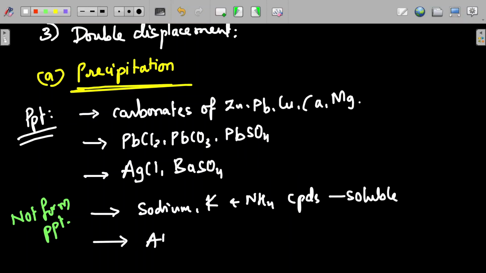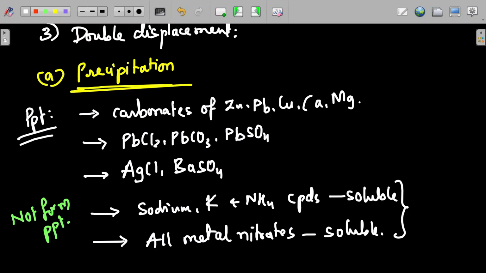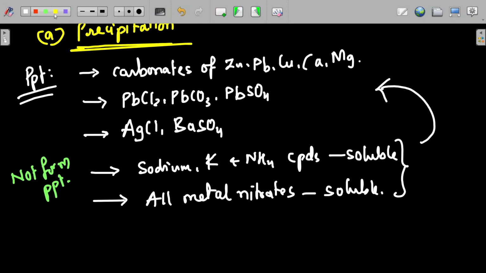Second one, all metal nitrates are soluble. Lead nitrate, if they ask you, it is a soluble salt. Don't write the precipitation for that. Any metal nitrate, silver nitrate, sodium, potassium, calcium, zinc, they will never form any precipitate. They are always soluble in water. But these two things, if you know this, you can use it to write the reaction for this. How? One simple example I will give you. Say they will ask you to prepare